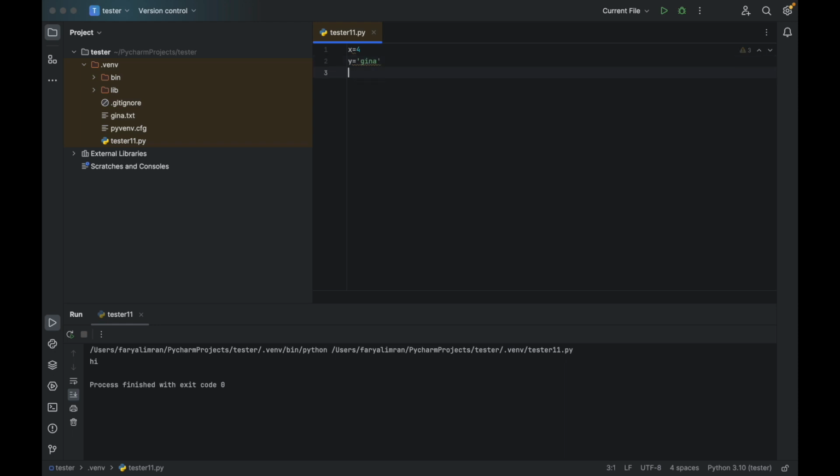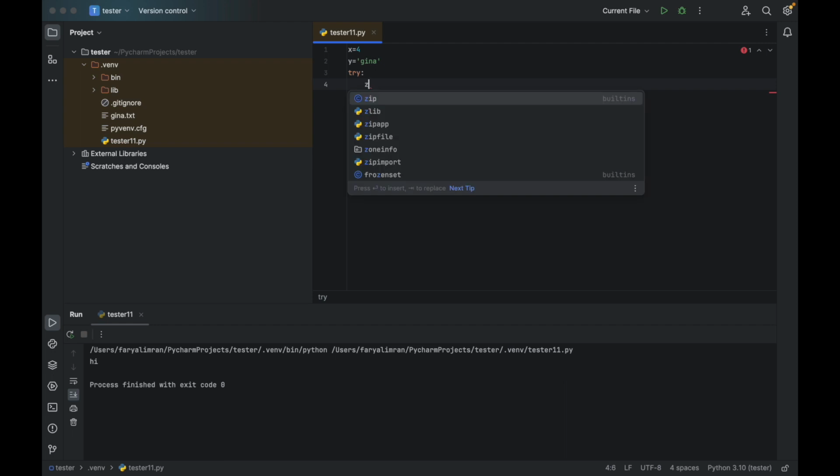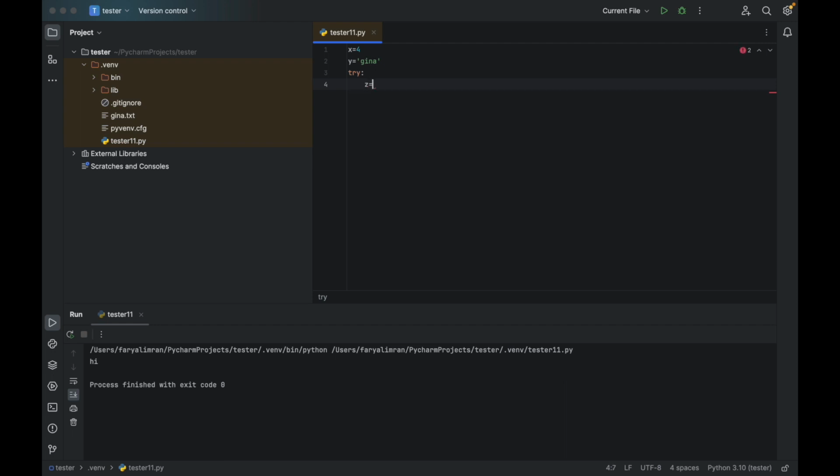After that, I'm writing try. Then I'll just print z equal to x plus y. After that, when I click on run,